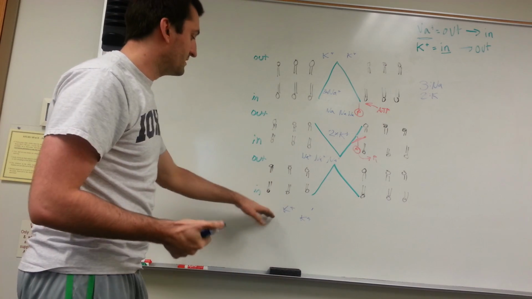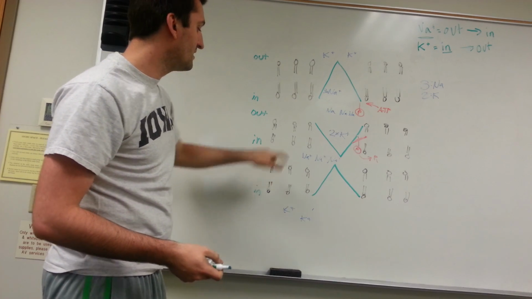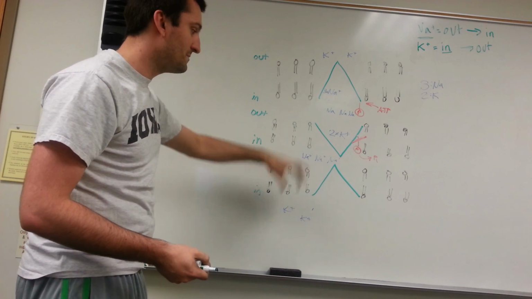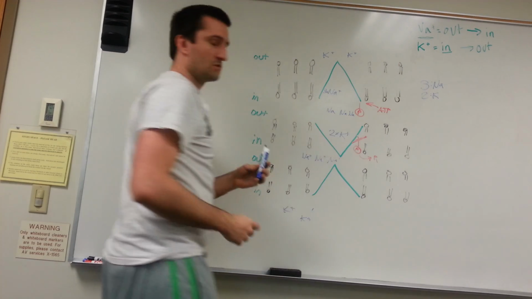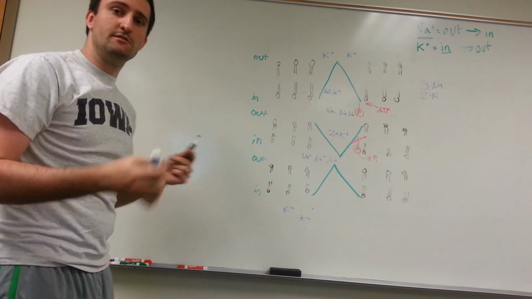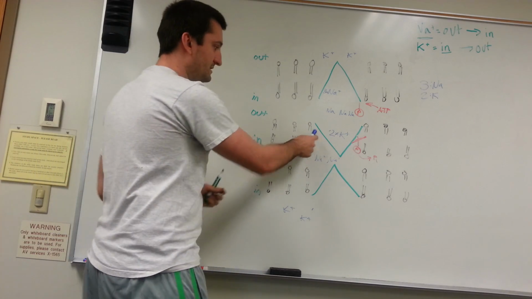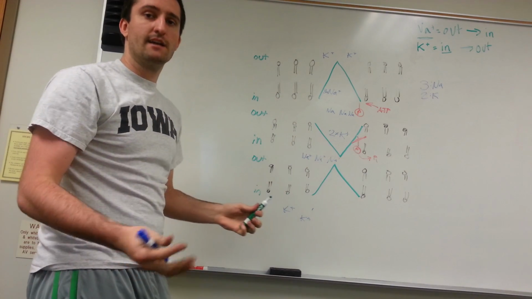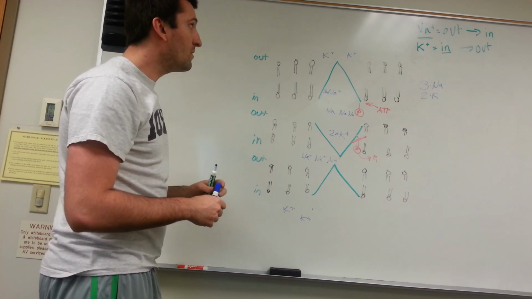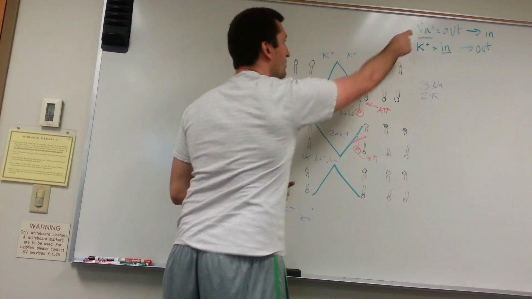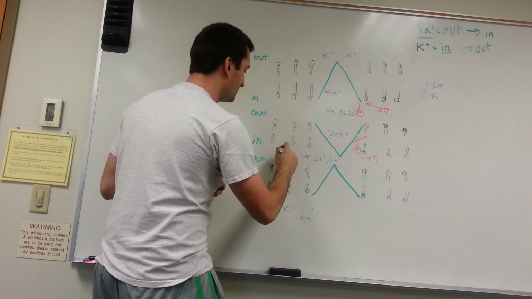So what happened? Well, we exchanged 3 sodiums, which are now in the outside, with 2 potassiums, which came into the cell. We're creating our sodium and potassium gradient, and that gradient is used for depolarization. So what this pump is effectively doing is creating a gradient for depolarization. And then when the cell depolarizes, this sodium will go down its concentration gradient. There will be so many sodiums outside